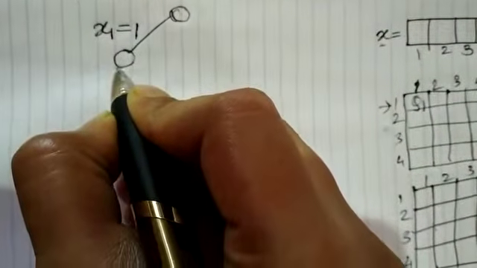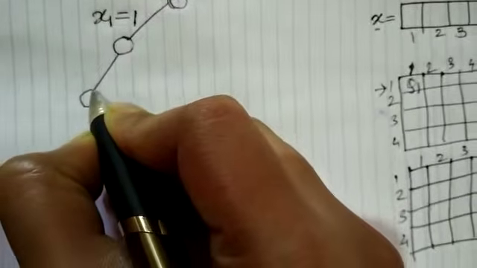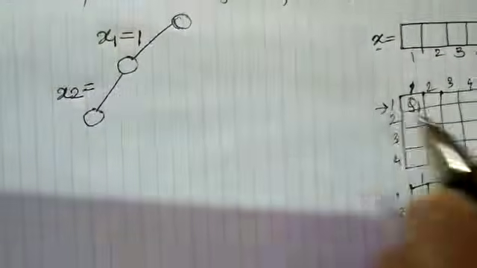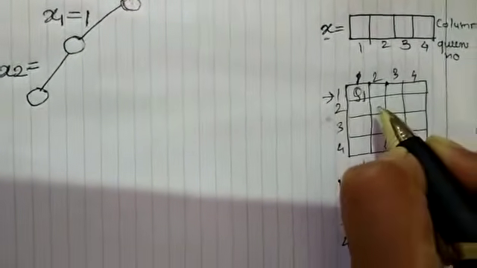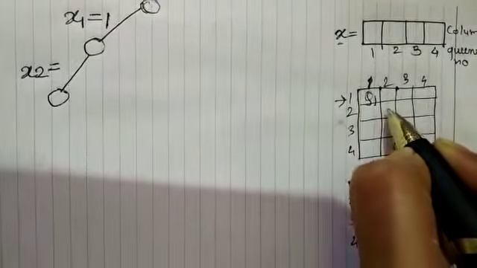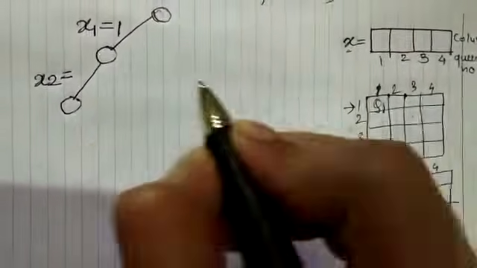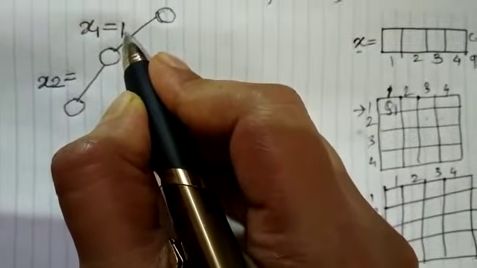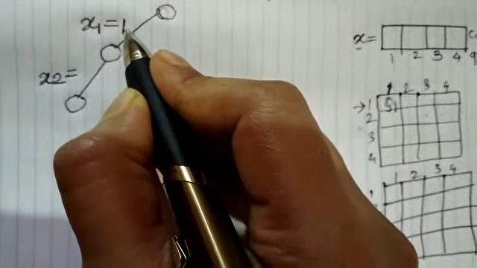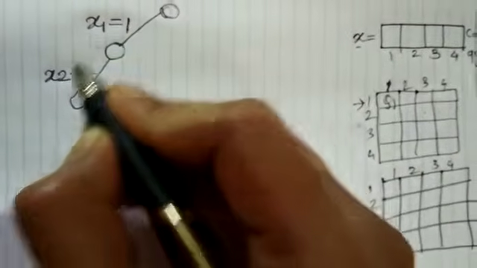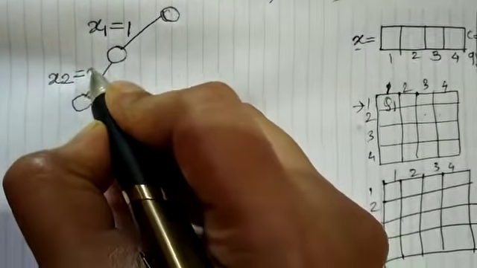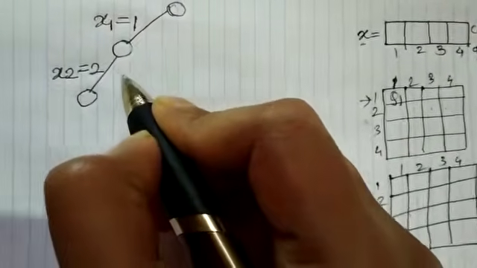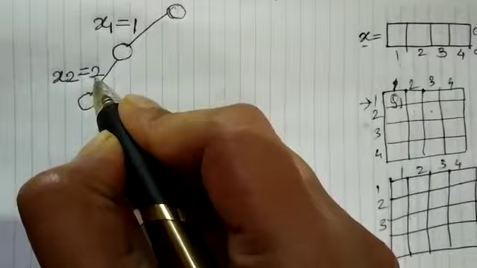Now we are going to place next queen. So for placing next queen, we will be writing it as X2. For placing second queen, there are 3 columns left, that is 2, 3 and 4. When you start traversing this branch, X1 equals 1 indicates Q1 has been placed in column 1. So now we are left with the choices of remaining columns, that is 2, 3 and 4. So queen 2 can be placed in column 2, column 3 and column 4. So let us try for column 2.